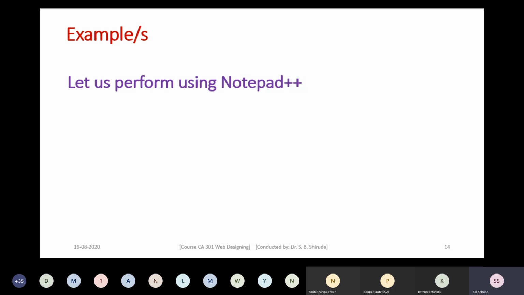All these things that we have learned today we will now perform with the help of one example. So let us perform this by using Notepad++.